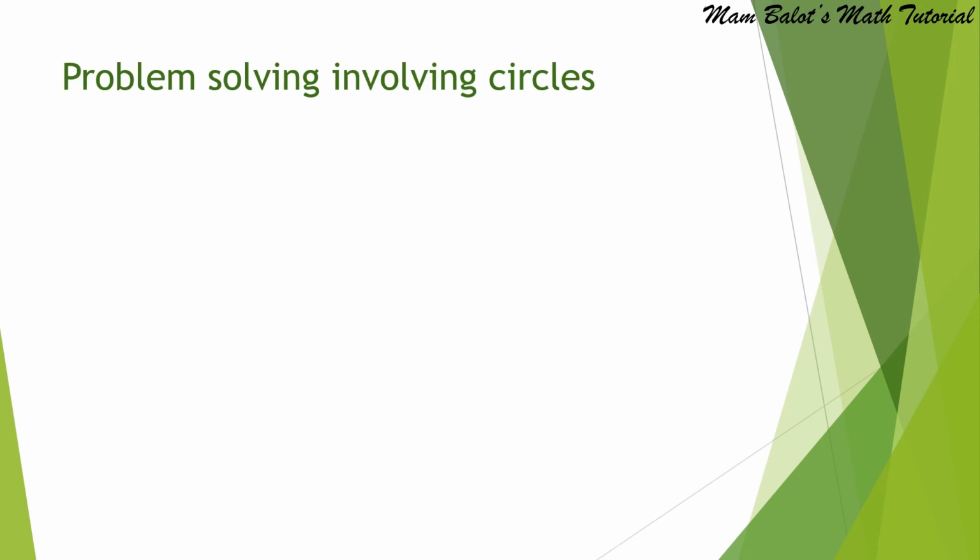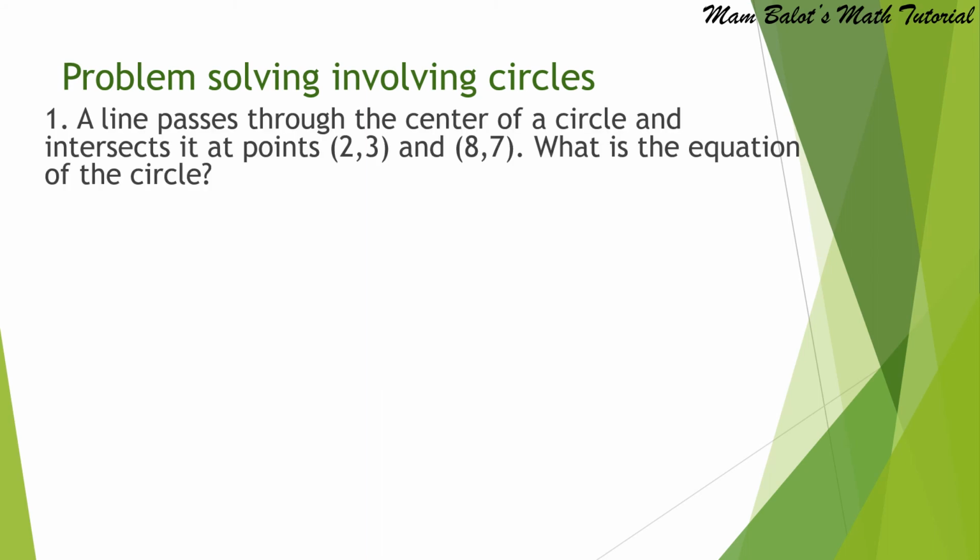Now we are ready to solve some problems involving circles. A line passes through the center of a circle and intersects it at the points 2, 3, and 8, 7. What is the equation of the circle? So observe that points 2, 3, and 8, 7 are endpoints of a diameter since it passes through the center of the circle. So if we get the midpoint of these 2 points, we can get the center of the circle. So using now the formula of the midpoint, we have 2 plus 8 divided by 2 and 3 plus